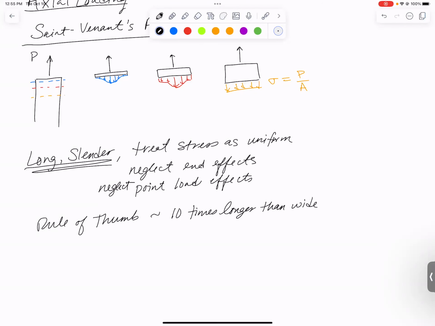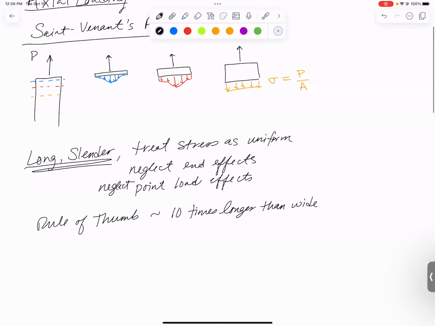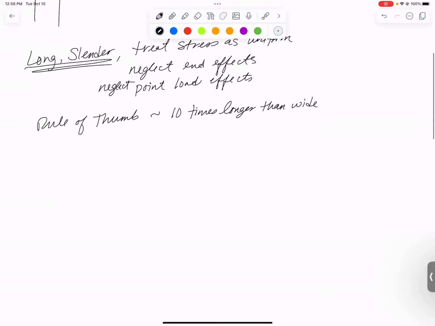And we are going to see Saint-Venant's principle come up over and over in our book, because we have a lot of loads that are point loads. We want to look at their overall net effect on the structure, and that's easier to do if we make some assumptions like that the stress is uniform. So we're going to use that now to come up with a really helpful equation for dealing with axially loaded members. So let me draw